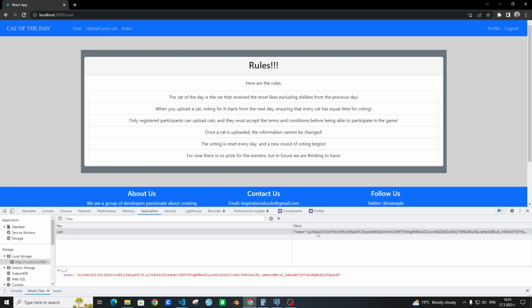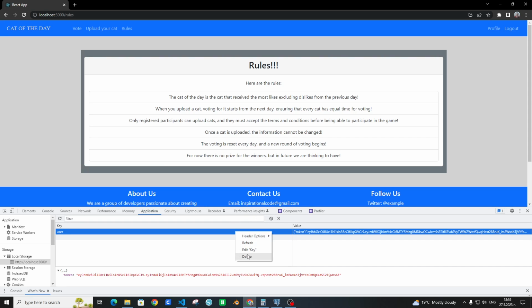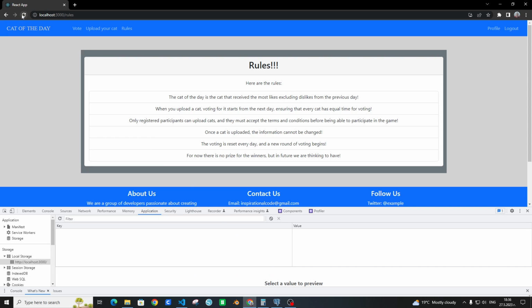If I delete this token, let me just copy this token, and when I'm reloading, it's gone. The user is not logged in.